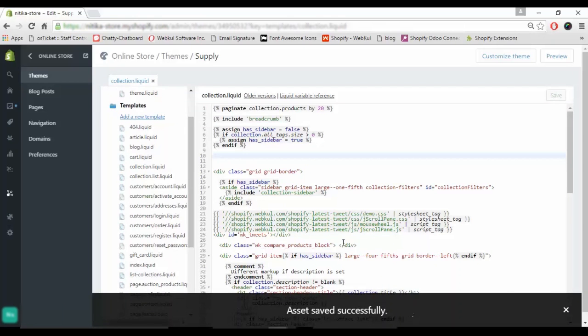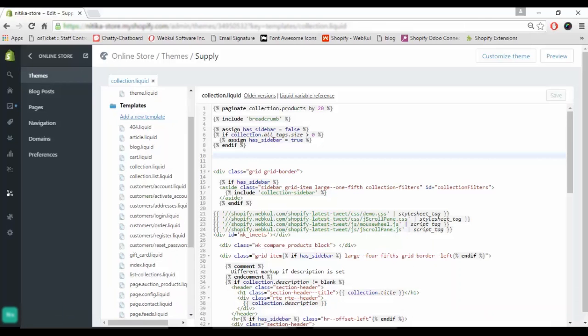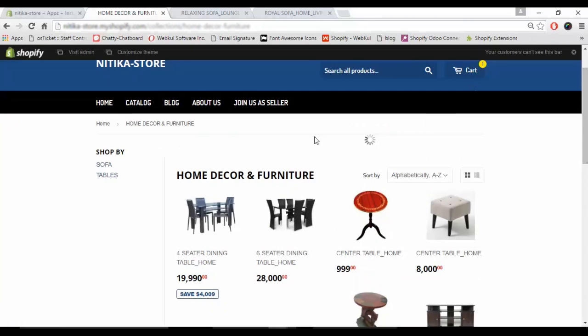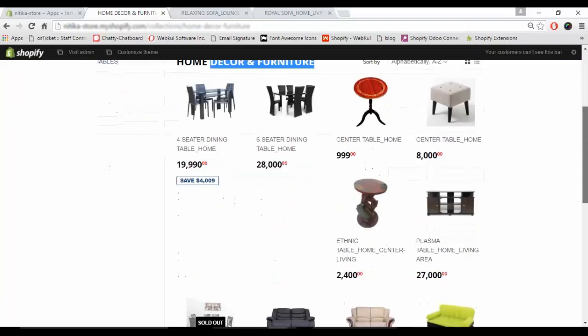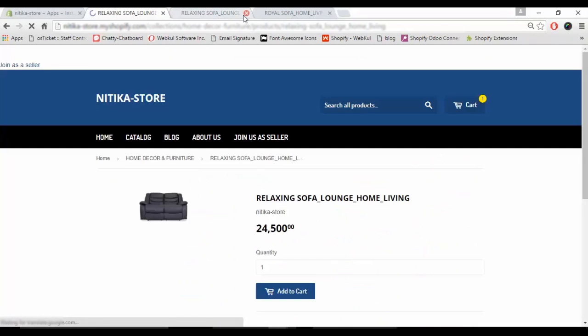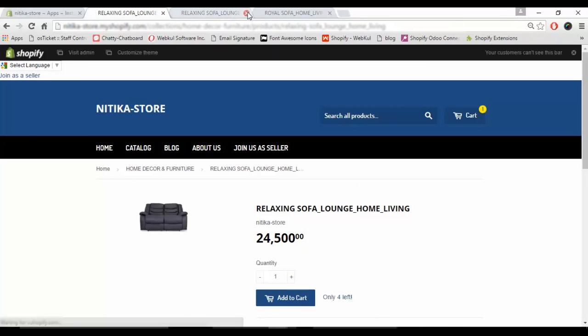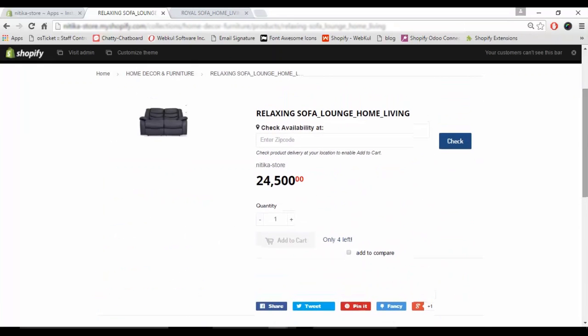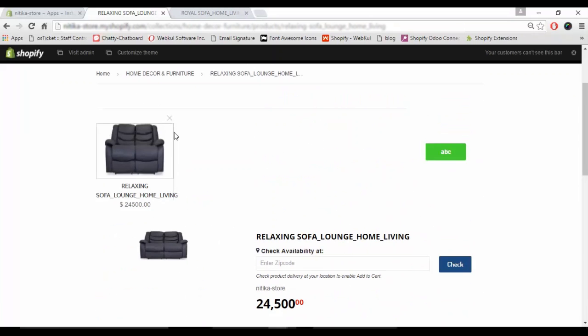Asset saved successfully. So let's have a look at the front end of this store in order to see how to compare these two products. So here we are on the home and decor section of the store. We will just scroll down and click on the relaxing sofa lounge. And as you can see, we have pasted the code, that is why it is reflecting here, add to compare. The moment we click here on add to compare,